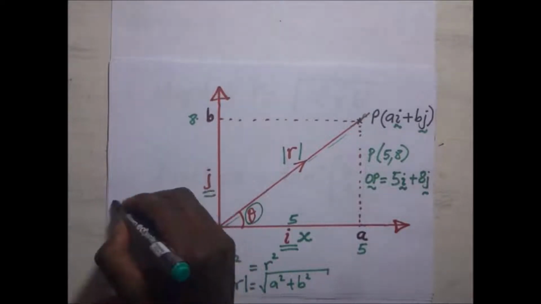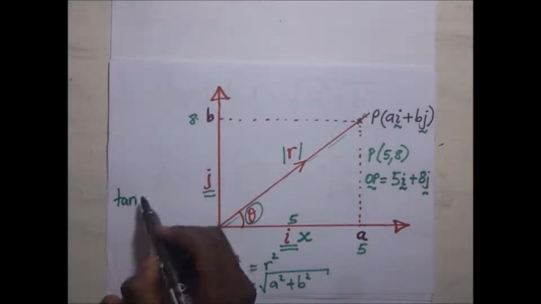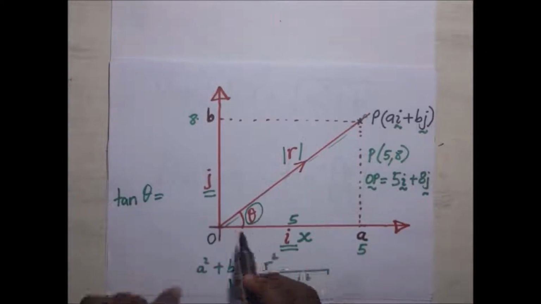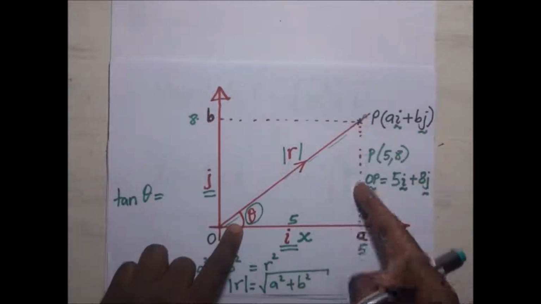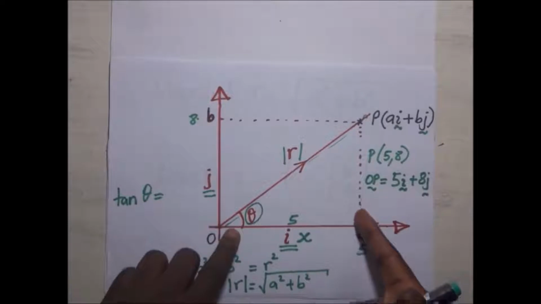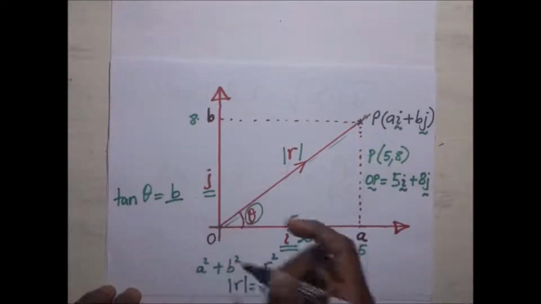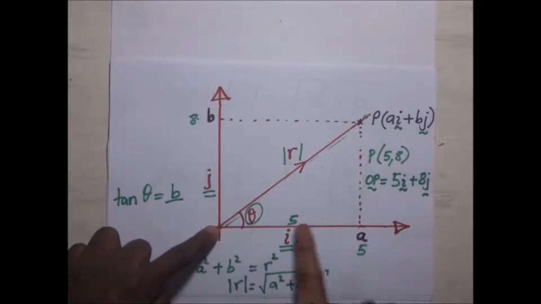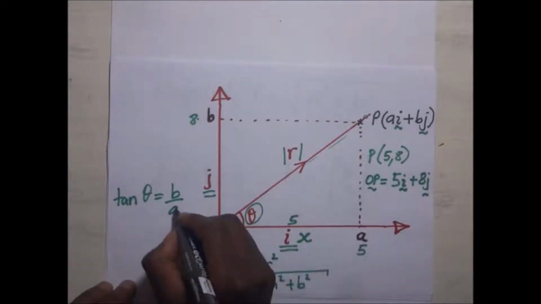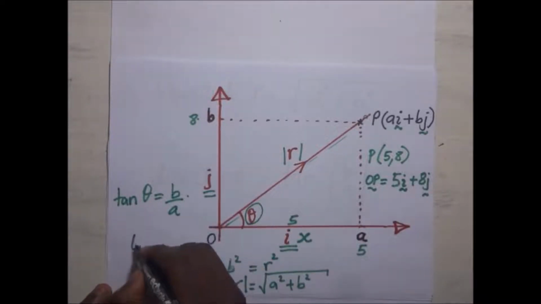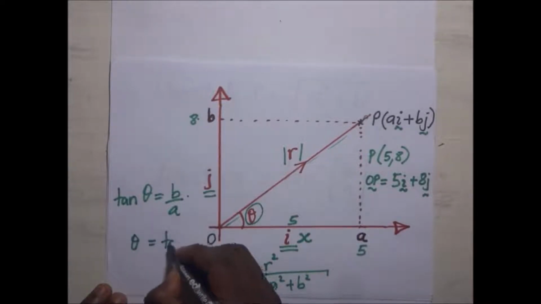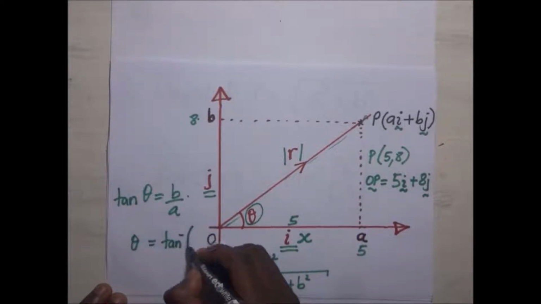The tangent of theta is equal to the opposite over the adjacent. In this right angle triangle, the opposite is B and the adjacent is A. So when we make theta the subject of the formula, theta is going to be the inverse tan